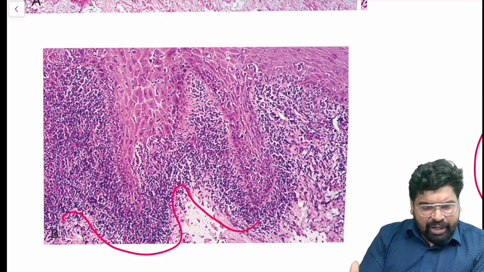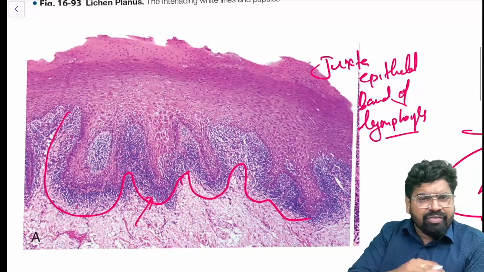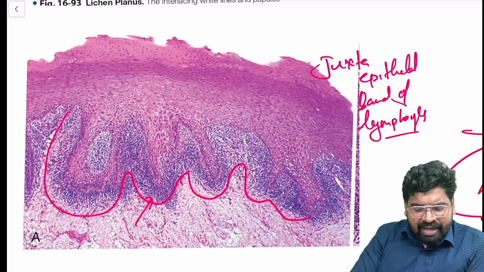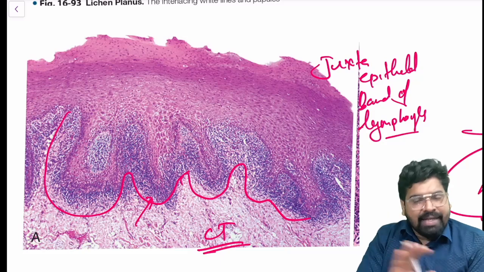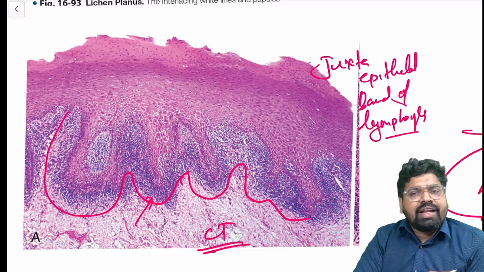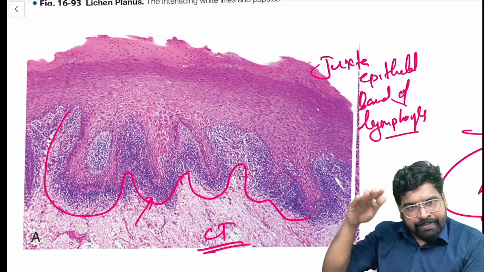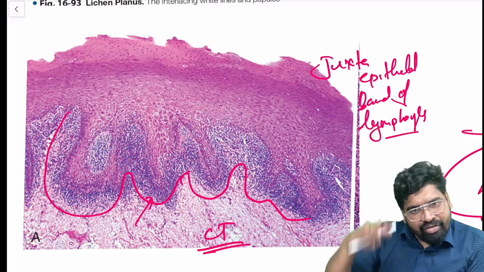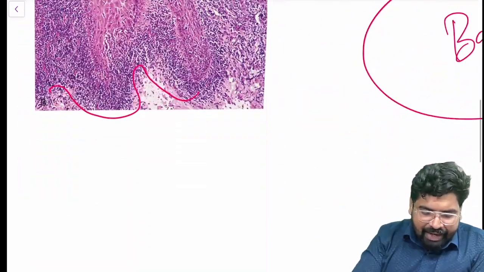Okay, this is an image-based question. You just have to identify this band of lymphocytes. It is not diffuse, it is a band. See here, the connective tissue is completely clear. Just below the epithelium you have infiltrate, and below that it is very clear. That is the band-like presentation. I'm saying it again, it is not diffuse throughout, it is just a band, right? So this is about your lichen planus.